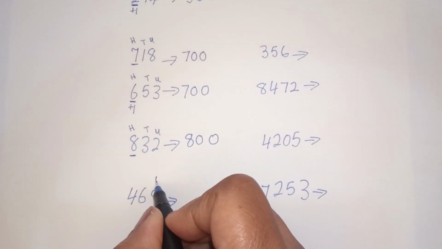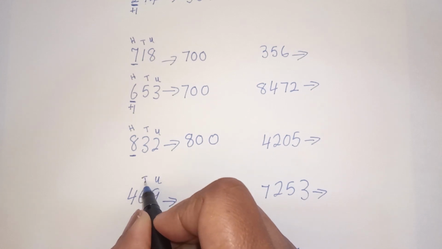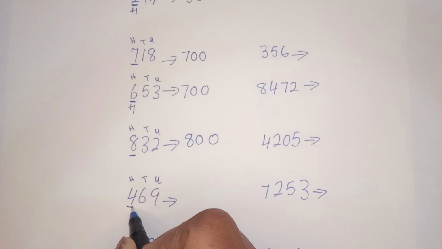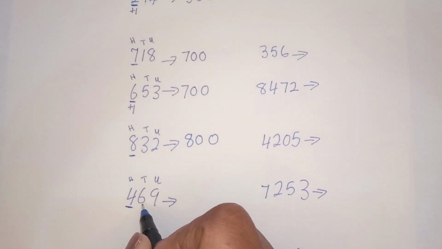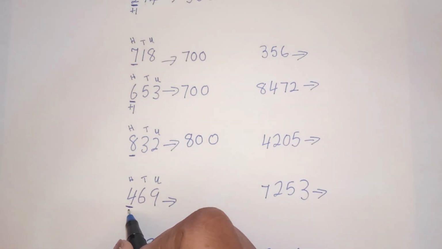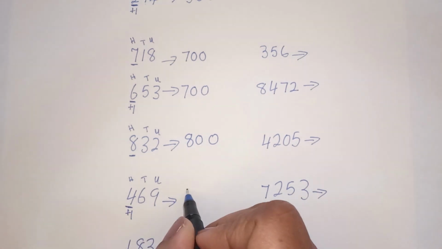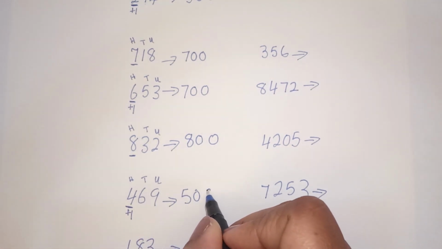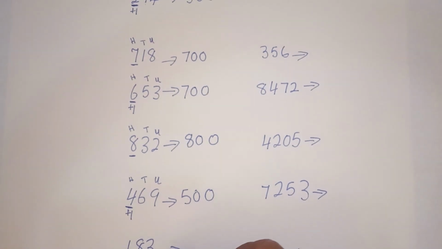469. 9 is units, 6 is tens, and 4 is hundreds. So spot out the hundreds, which we are looking for. See, the number next to it is 6. 6 can give 1 to 4. 4 will become 5. 6 will become 0 and 9 will become 0. Then we have